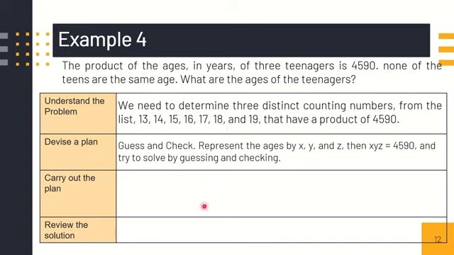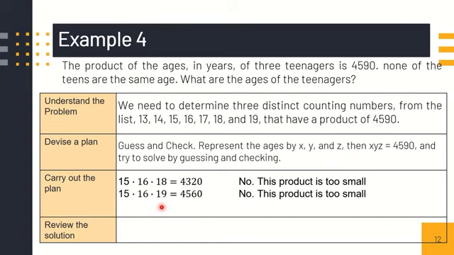Okay, we can check now. If we're gonna use 15 times 16 times 18, that is 4,320. At malayo pa yan doon sa product na 4,590. So, we can try another one. 15 times 16 times 19, that is 4,560. At ang 4,560 ay malayo pa sa 4,590. We try 15 times 17 times 18, and that is